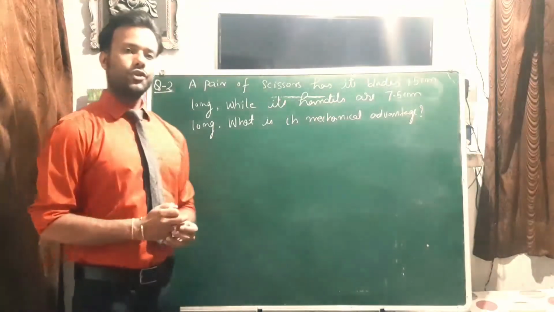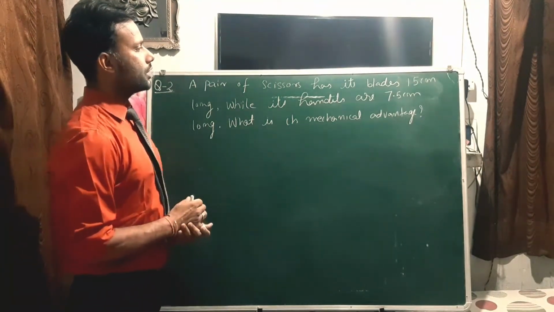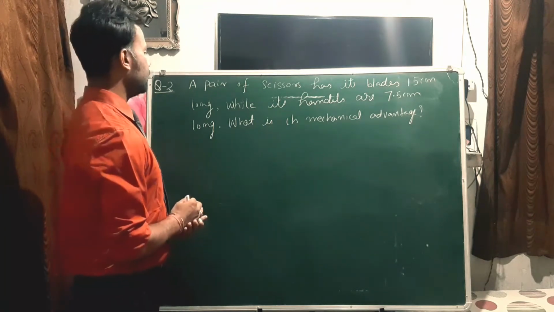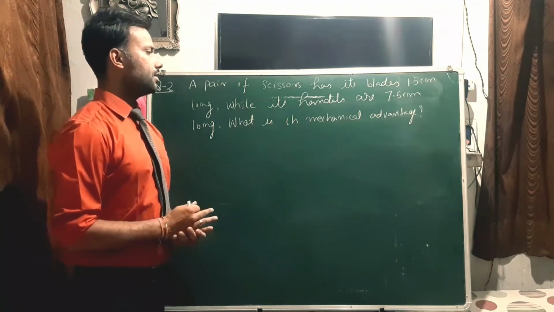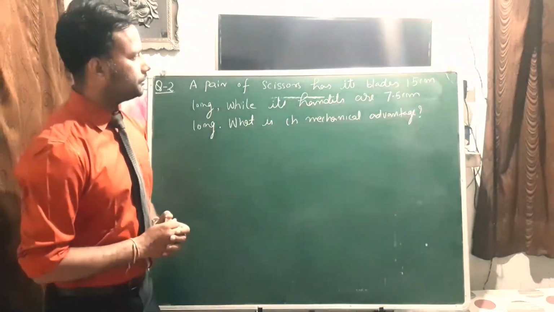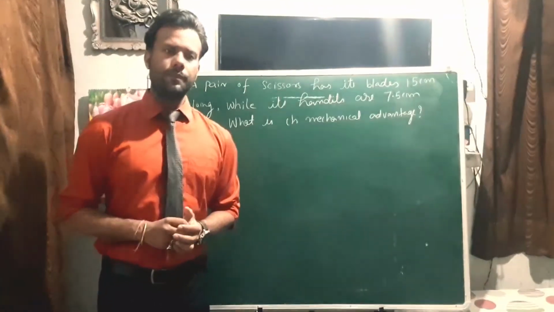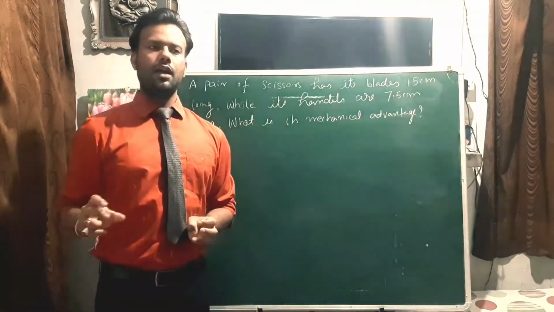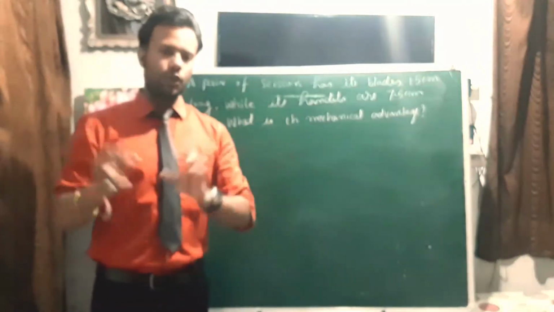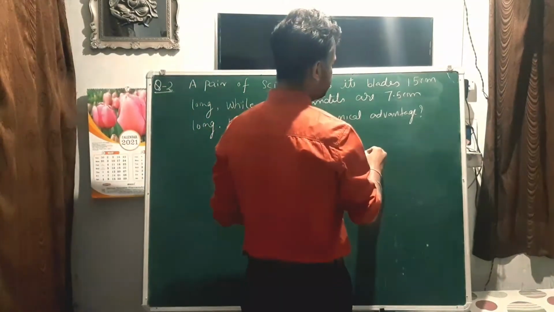This is your question number two. It says a pair of scissors has its blade 15 centimeter long while its handles are 7.5 centimeter long. What is its mechanical advantage? See, this question is similar to the first question, and scissors is basically a class 1 lever where the fulcrum is in the middle and the effort and the load are on the other ends of the lever. So if we try to make the diagram,